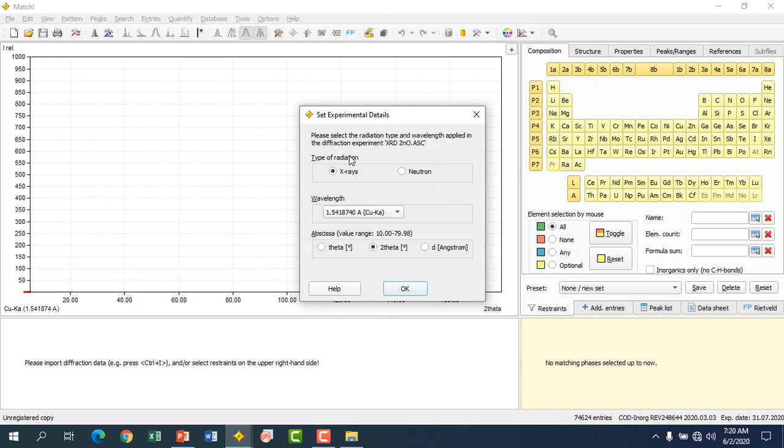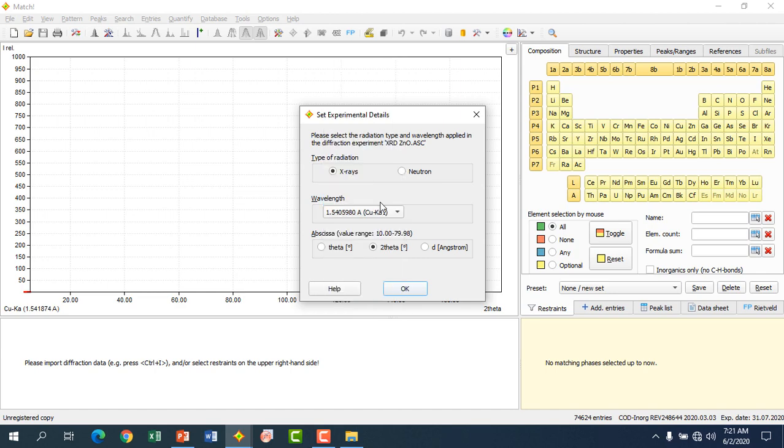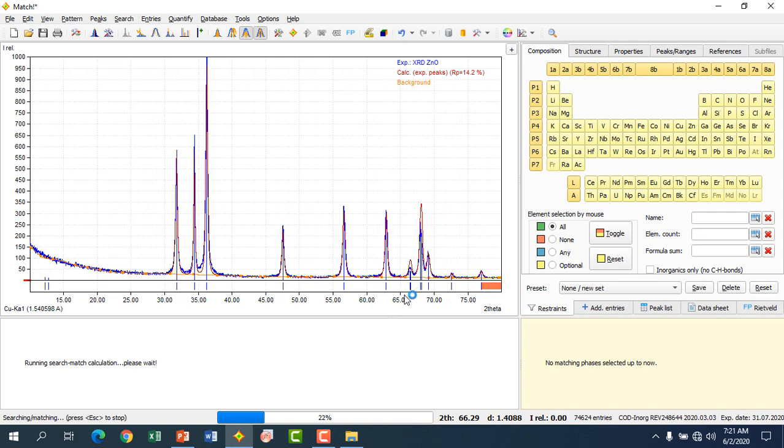I select X-rays as the type of radiation. Some advanced institutions use neutrons as the diffracting radiation for recording XRD data, but here I select X-rays and then select a wavelength. You have to select copper K alpha 1 as the source of wavelength. Now click OK.